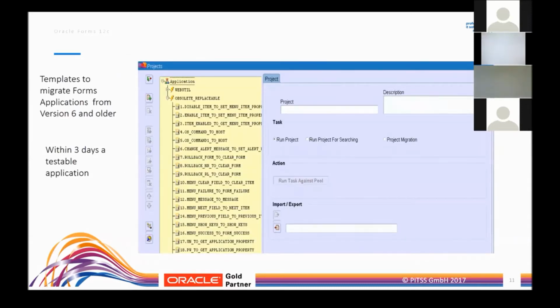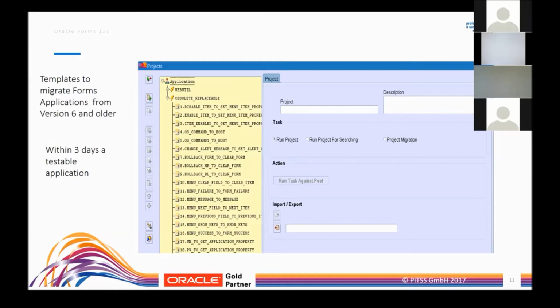At the end, and before giving back to Doreen, just a few words about upgrading your Forms application. Most issues coming up when you upgrade from Forms 10 or 11g are located in the environment installation, the new environment, in the 12c environment. The code in Forms is not getting touched at all, and the upgrade is pretty quick and most of the